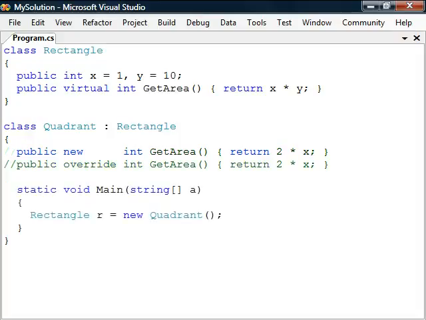The difference between override and new is shown if we upcast the quadrant to a rectangle. If the method is redefined with a new modifier, then we now have access to the previously hidden function defined in rectangle. On the other hand, if the method is redefined using the override modifier, then the upcast will still call the version defined in quadrant. Basically, the new modifier redefines the method down the hierarchy, while override redefines the method both up and down in